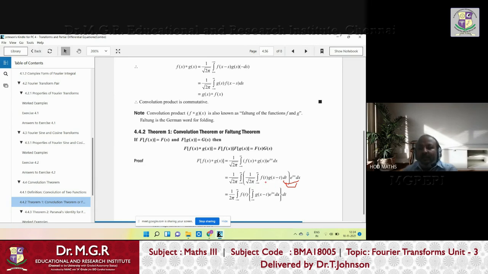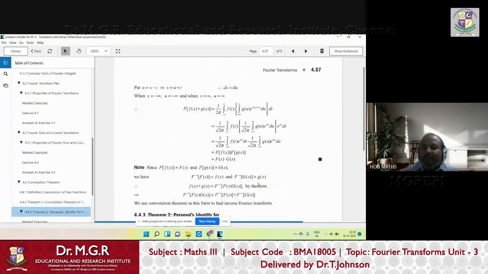If you want to take dt outside, all the functions depending only on t should also be taken outside. So once we take dt outside, we take f of t also outside the inner integral, because that is purely a function of t only, and is not affected by x. And you take dx as the inner integral. That is changing the order of integration. Then the functions depending on x should be written inside. So what are the functions depending on x? g of x minus t depends on x, and e power isx is also dependent on x. So those are written inside.